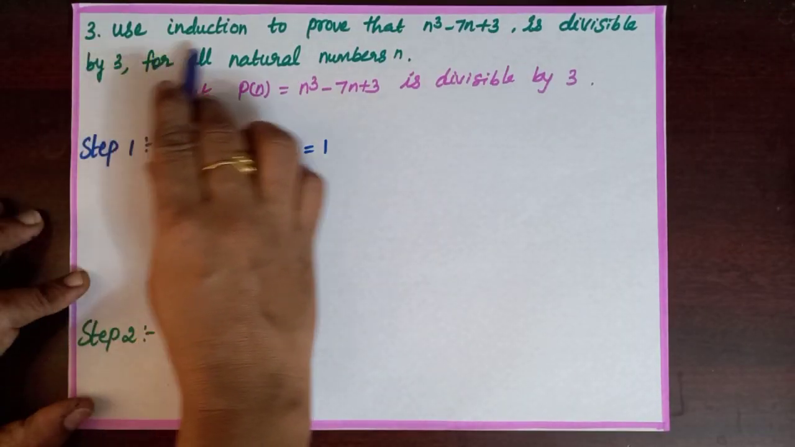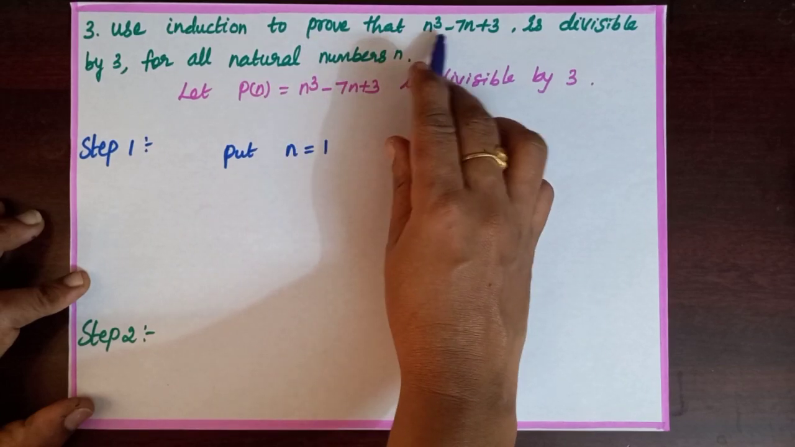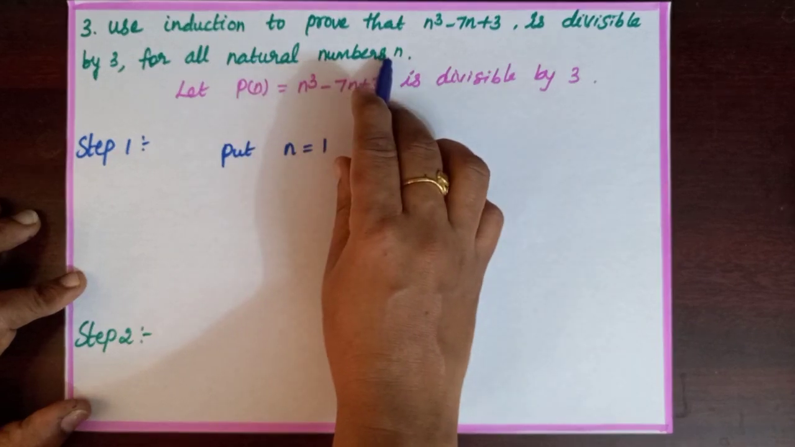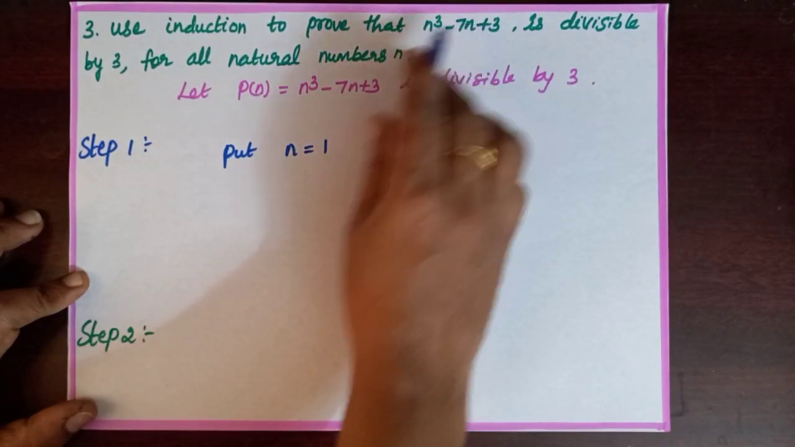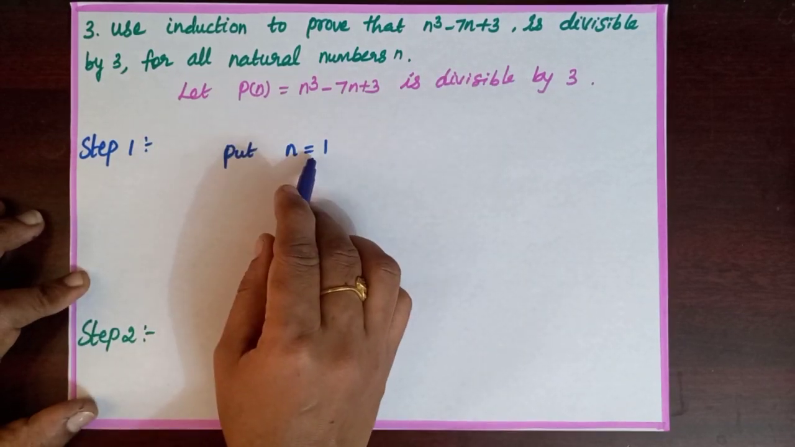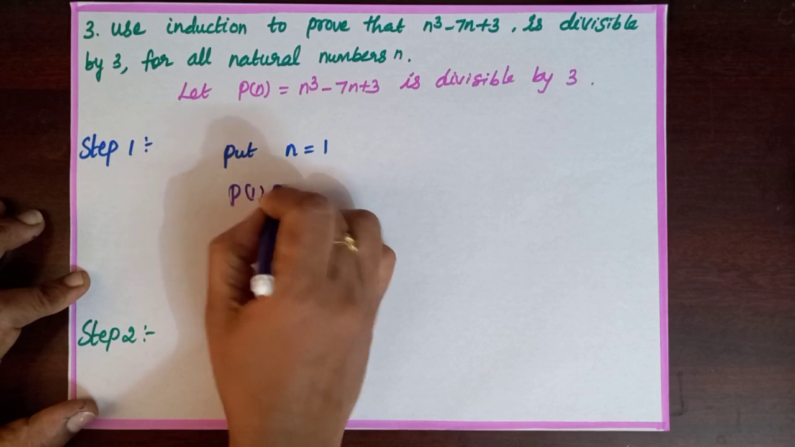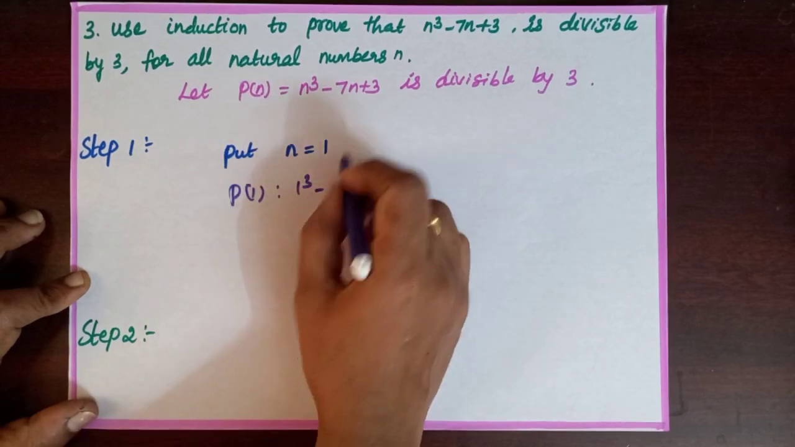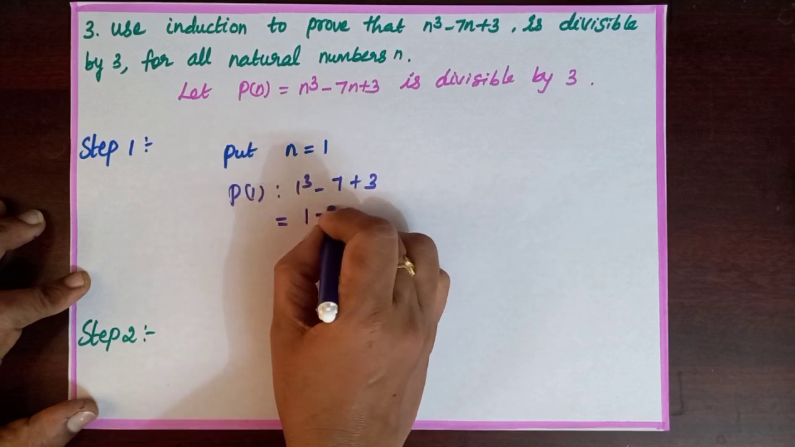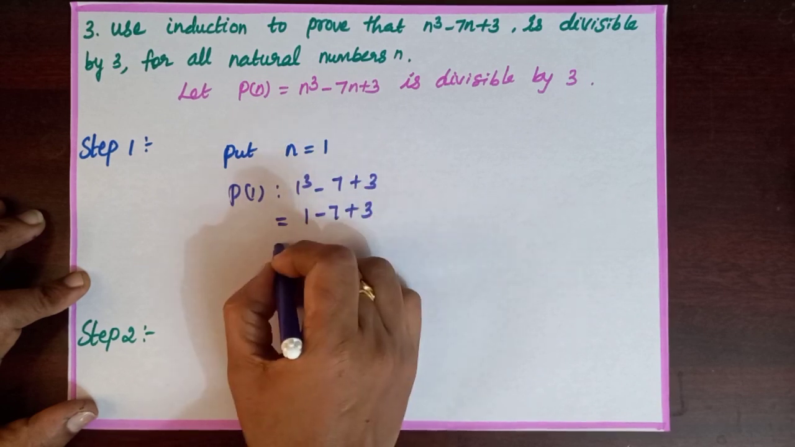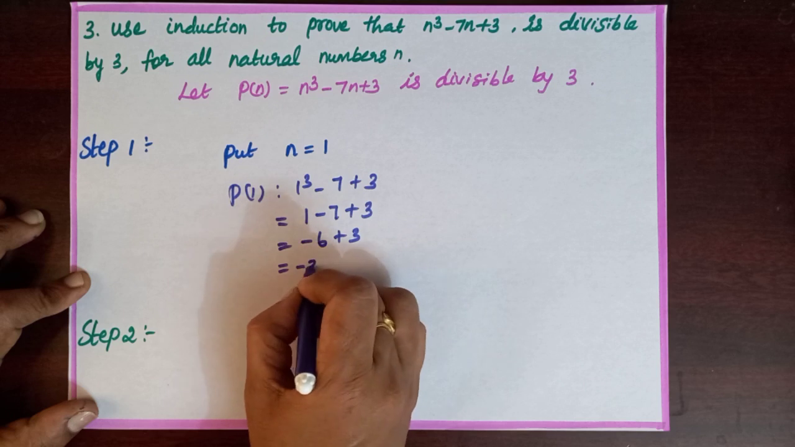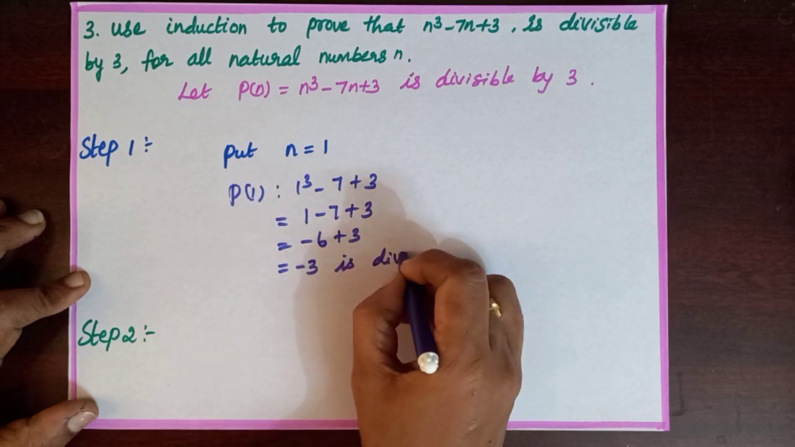Question number 3. Use induction to prove that n cube minus 7n plus 3 is divisible by 3 for all natural numbers n. Let P of n is n cube minus 7n plus 3 is divisible by 3. Step 1. In the place of n, substitute 1. Then P of 1 is 1 cube minus 7 into 1 plus 3. 1 cube is nothing but 1, minus 7 plus 3. So 1 minus 7 is minus 6 plus 3, which is equal to minus 3, is divisible by